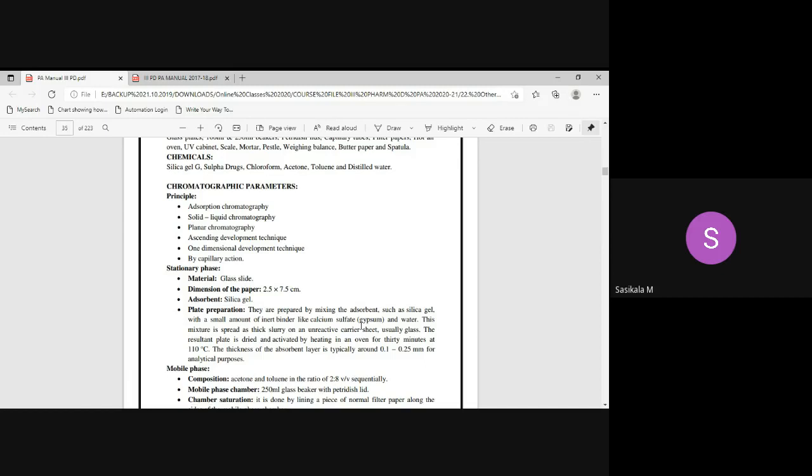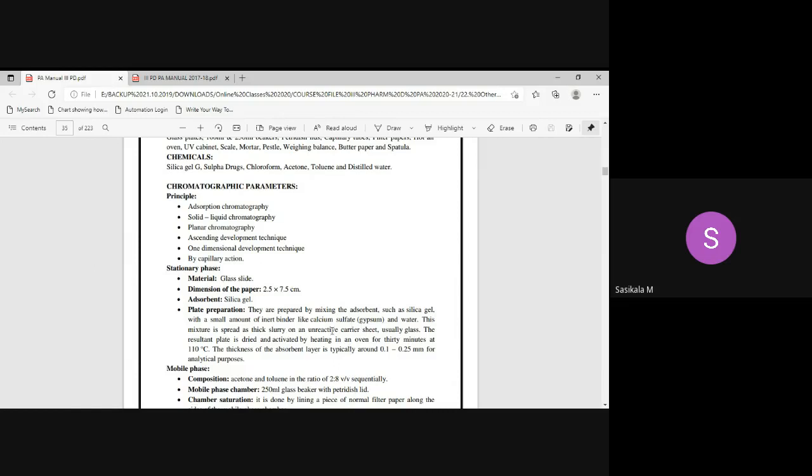After adding enough slurry, you will know how much quantity is required while pouring, in order to get uniform spreading of the slurry over the plate. Once you have added enough slurry, stop adding and tilt the plate up and down, so that from the center the slurry is equally distributed to the corners, and all the edges of the plate are also covered. Once it is covered, you stop spreading and keep it aside for some time at room temperature.